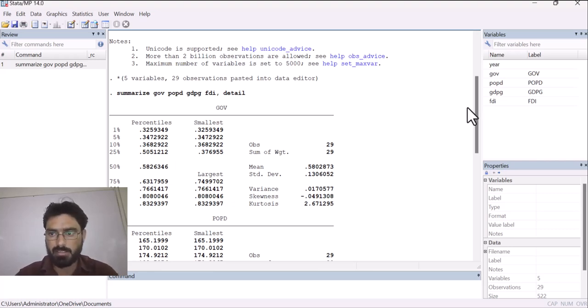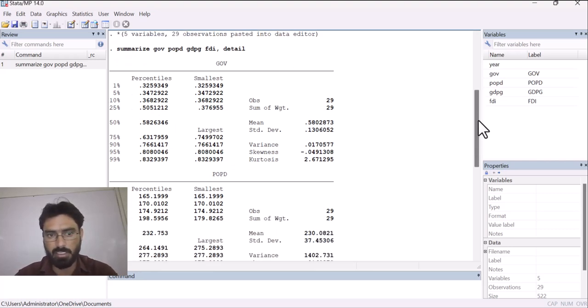So now let's discuss each and everything of these variables. Our first variable was GOV. It has given us the smallest value for GOV, and this 50% is used for the median.